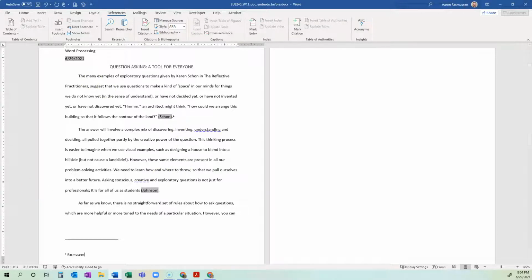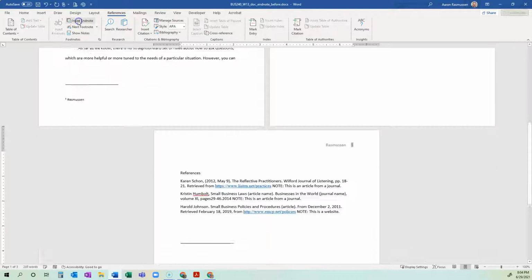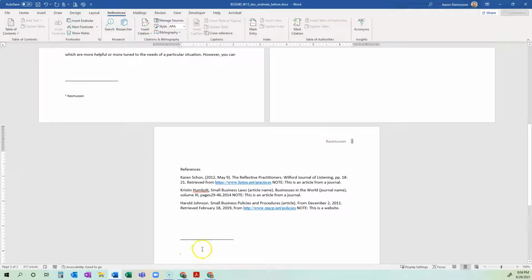And then at the end of this paragraph, the second paragraph, we're going to insert an endnote, which brings us to the end of the document. Put your name and then end note. Okay, now finally,